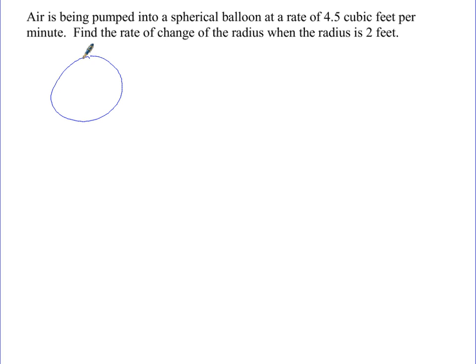It's pretty tough to draw a picture on a flat surface of a three-dimensional object, but for a sphere, what I like to do is put a little window on there or something that shows some sort of dimension. Now I can picture a little better the fact that this is supposed to be a sphere, despite the fact that it's lopsided. So there's going to be a radius to the sphere, and since I'm dealing with a sphere,